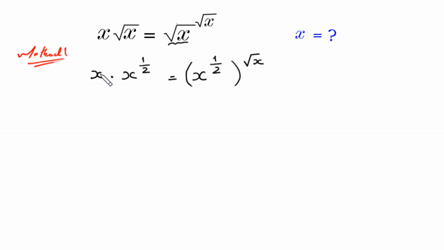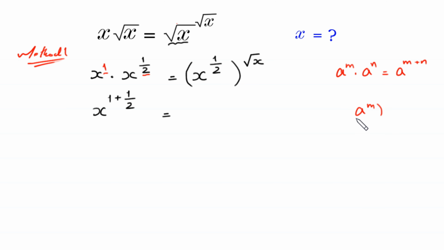Now this x has power 1 here, and according to this property of exponents, a to the power m times a to the power n is equal to a to the power m plus n, we add this power 1 in this power 1 over 2 like this. x to the power 1 plus 1 over 2 is equal to,